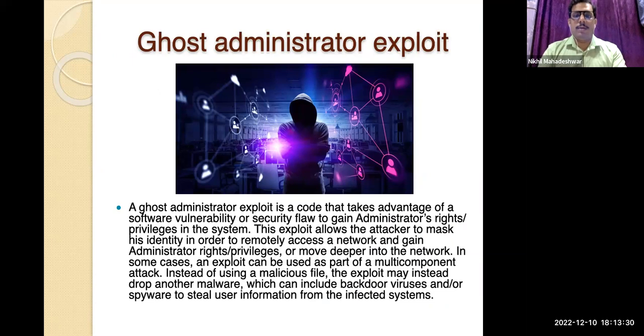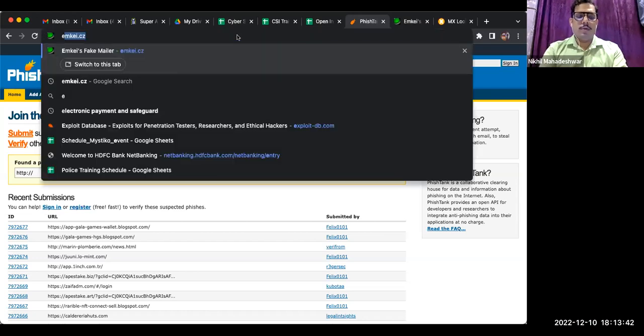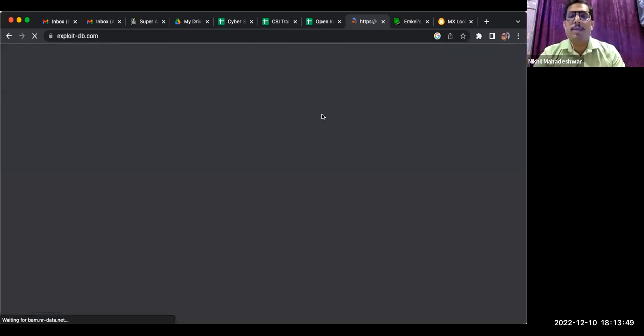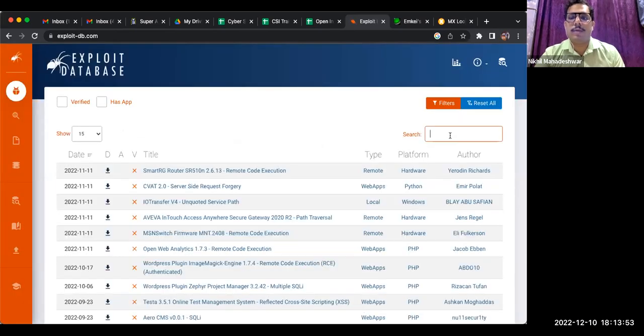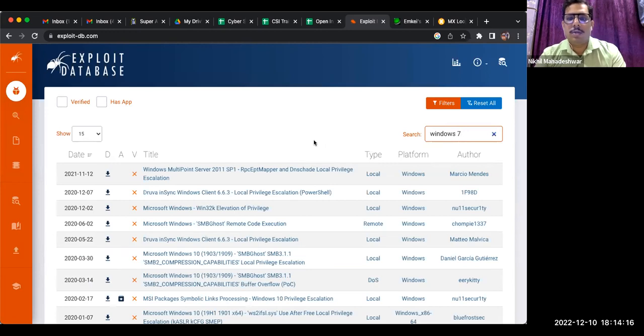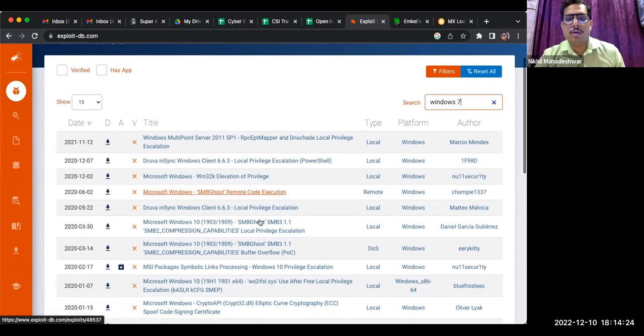Just go on a website. I'll share my browser screen again and show you the website name. It's Exploit DB. When we go on Exploit DB and type Windows 7, or even Windows 10 or Windows 11, you will see why it is important to keep these systems up to date. So if I search here for Windows 7 and do a search, see, there are a lot of local and remote RCE exploits available, such as SMB Ghost. You can click here